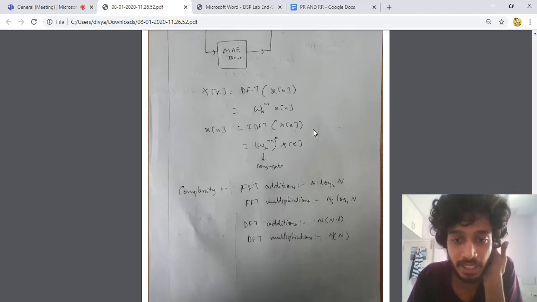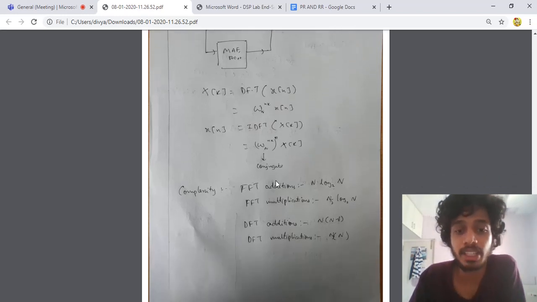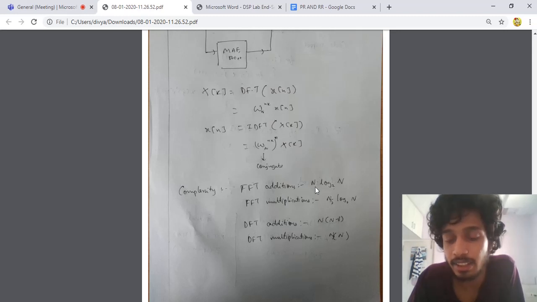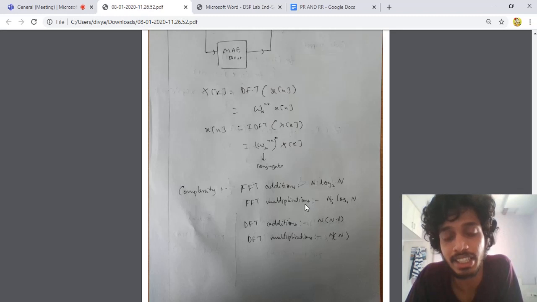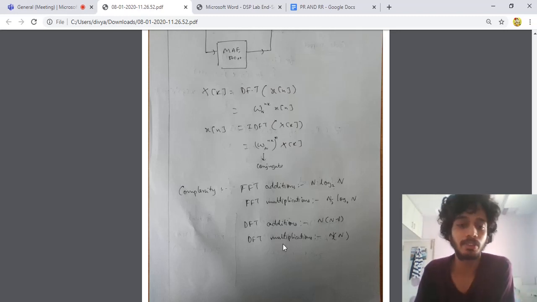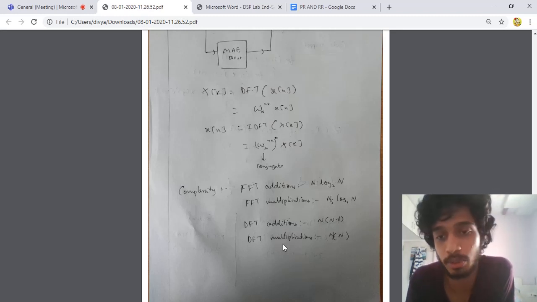Coming to the complexity of FFT, additions are N log N to the base 2, and multiplications are N by 2 log N to the base 2. But for DFT, additions are N into N minus 1 and multiplications are N square. So from this, what we can conclude is FFT is the most optimal method